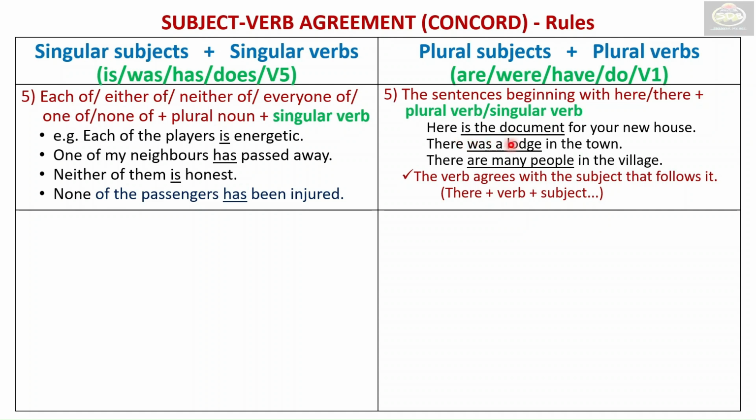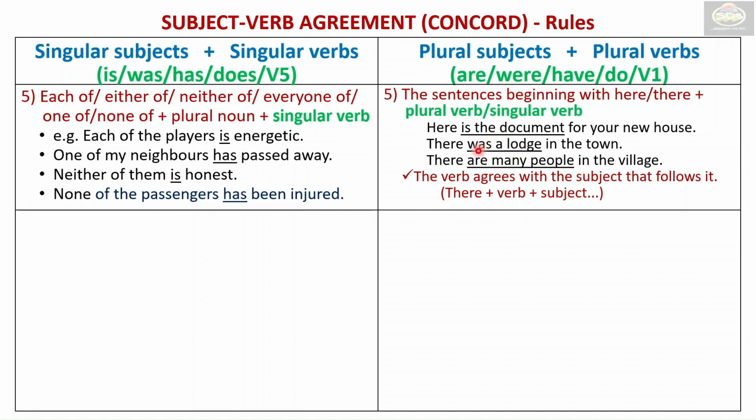Here is the document for your new house, or the document for your new house is here. The document is. There was a lodge in the town. A lodge was there in the town, or a lodge was in the town. A lodge is singular,